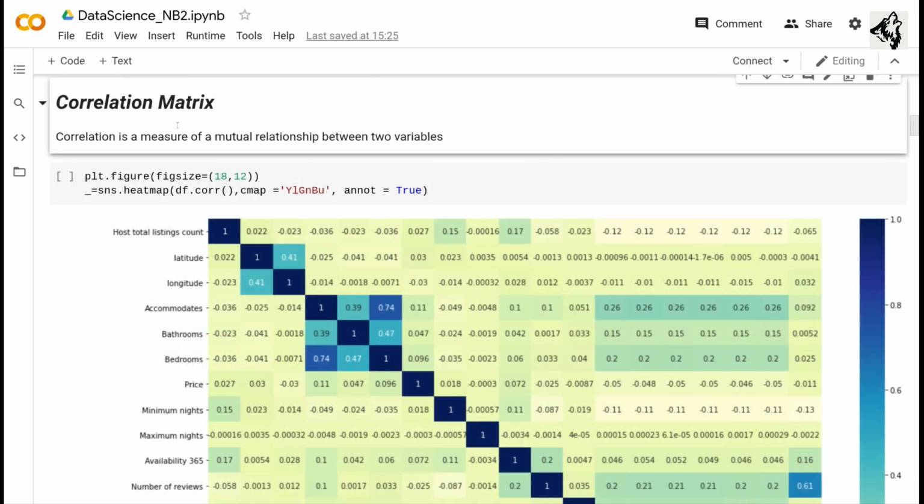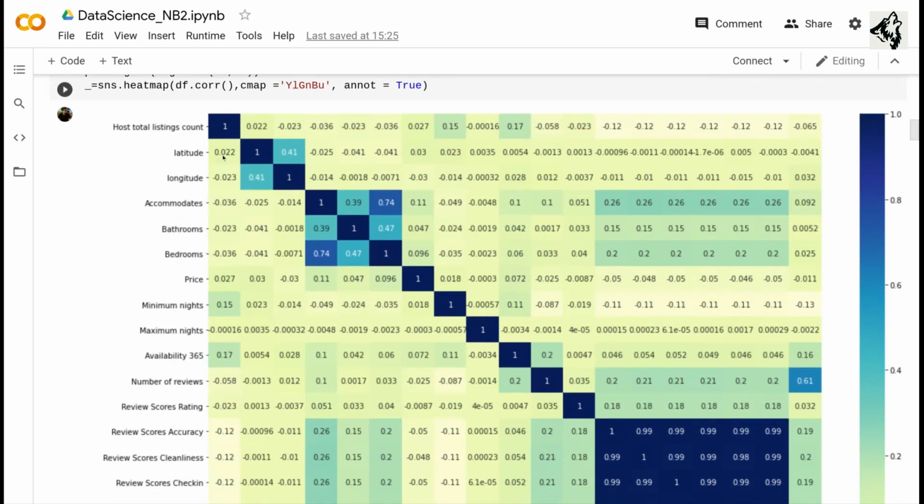A correlation matrix is a matrix which would display the relationship between the variables or columns. From this, we understand the mutual relationship between two columns and how strong the relation is. So here we have created a correlation matrix.